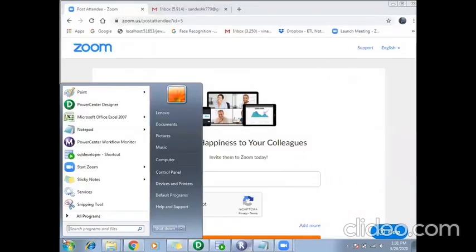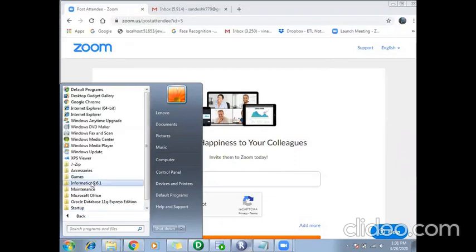Once you install the Informatica software, you will see this folder in your program section. Whichever version of Informatica you are installing, go for 9.6.1. It is preferred; most companies right now are using this. They are slowly migrating to 10.1, but there is not much difference, so we can use 9.6.1.